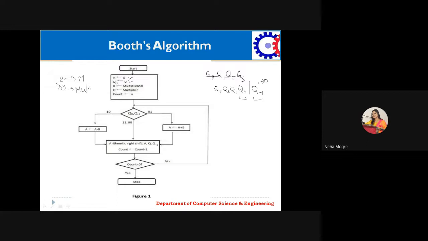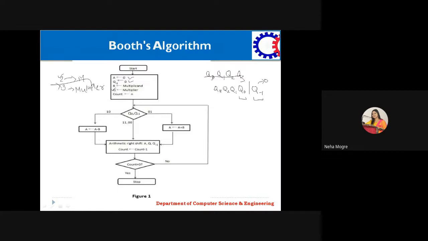Yes or no? Yes, ma'am. Okay, so the second number is your multiplier and this is your multiplicand. That is what has been taken here as a variable B. Somewhere we can change this variable also. I can take any variable, M or something, another variable, that must be specifically initializing the value of the multiplicand. That is the first number. And the second number is the multiplier, which has been given by the variable Q.